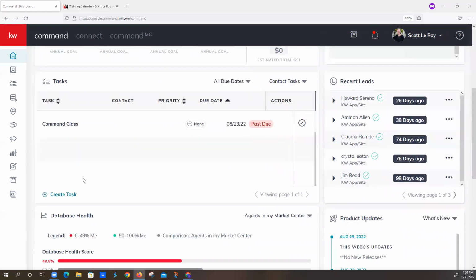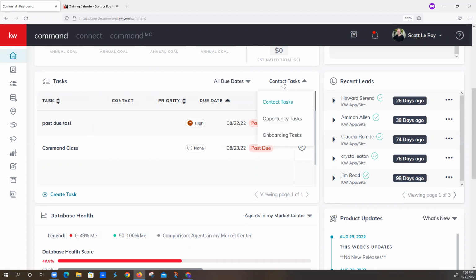Scrolling down, we've got our tasks here, and we will go into more detail about tasks. There are two different kinds of tasks: contact tasks and opportunity tasks. They're both a little bit different, but you can see them all right here. We've got our due dates here, and he's got it ordered on the top right-hand corner. It says contact tasks. We can switch it to opportunity and even onboarding tasks if we're part of a market